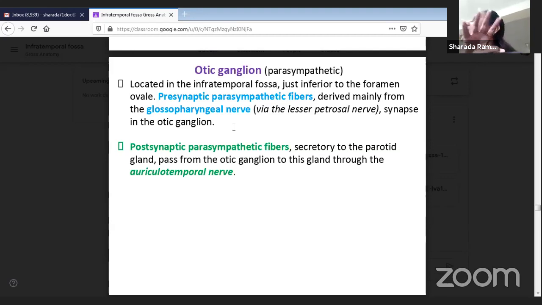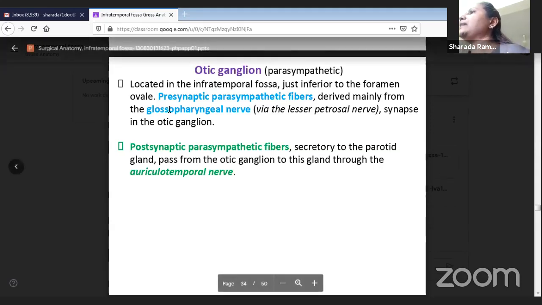Now, if you take any ganglion, it is going to have a parasympathetic root, a sympathetic root, and the motor roots which pass through. So the parasympathetic, if you see, the presynaptic ones, they are going to come